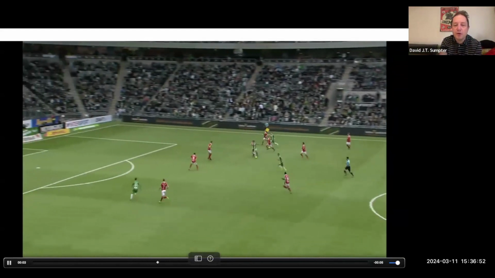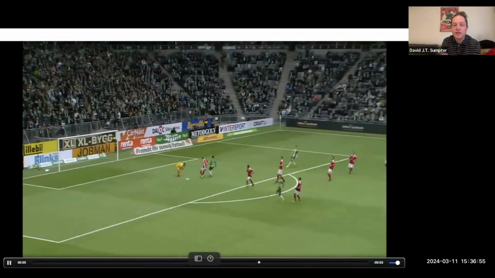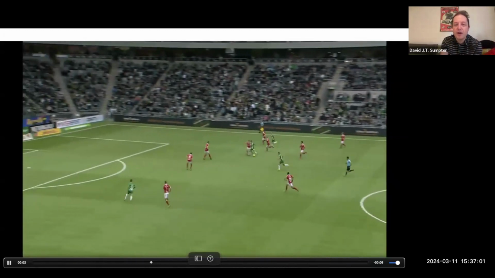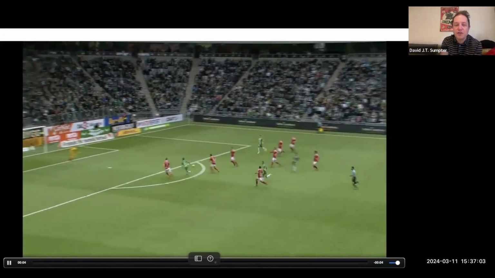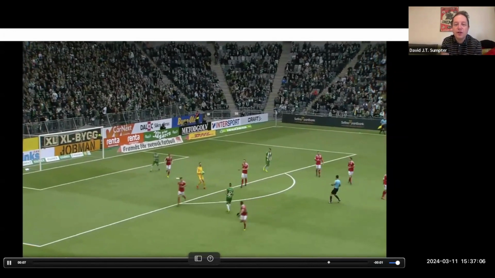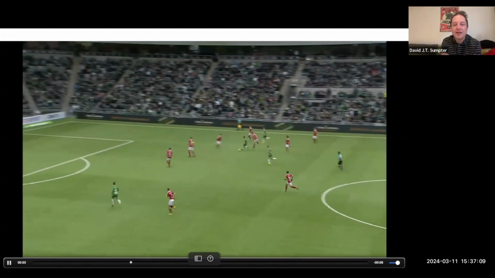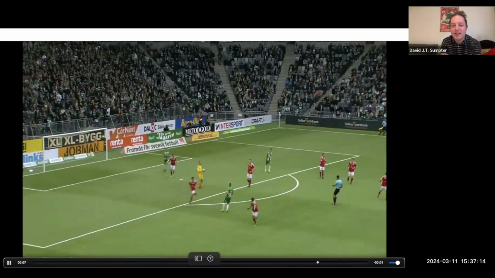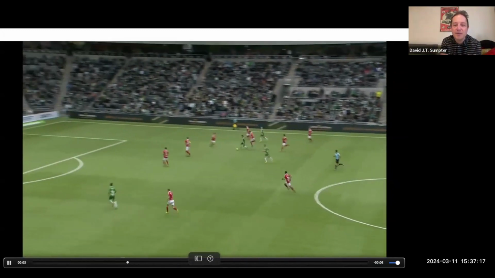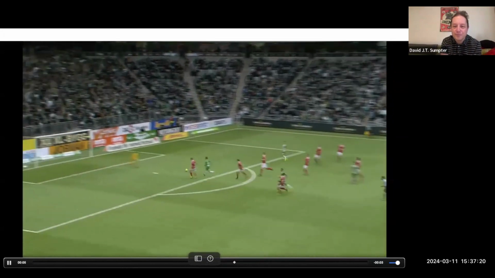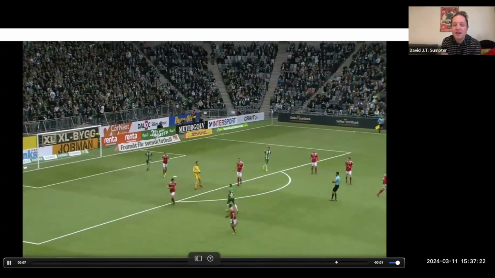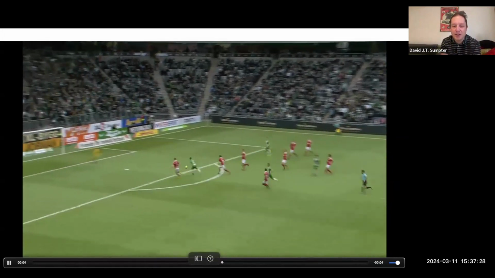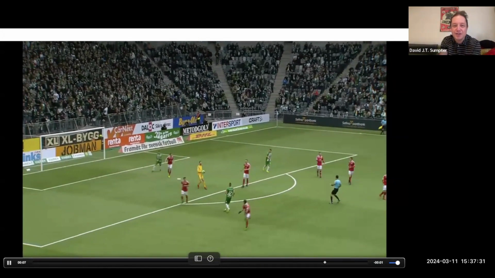This can be done with even more complicated things, and we've already looked at a few of these. We were able to build models which looked at both the value and the probability of success of an action. So if you take this pass, for example, those of you who are keen football fans might look at the player who's running on the right there, who now looks very disappointed. Furthest out on the right wing, there's a player running down here, and afterwards he looks a bit annoyed. The reason he's annoyed is that he thinks he should have been passed the ball instead of the pass that was actually made into the middle, which wasn't particularly dangerous.